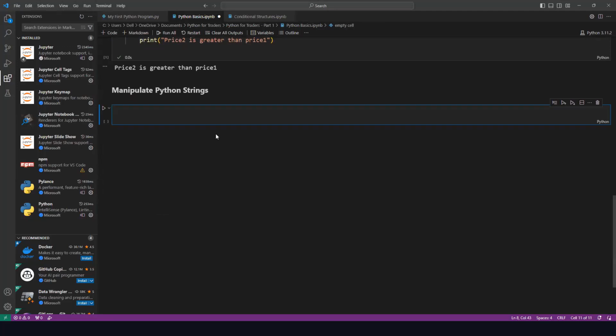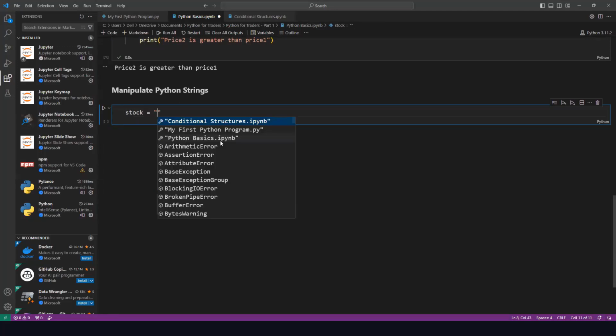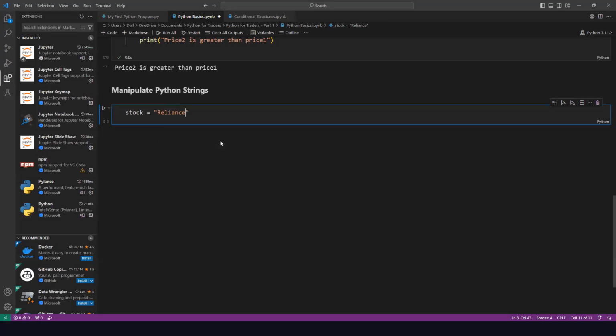I'll go and create a code. I'm going to say stock equal to Reliance Industries. Now let's say I'm going to print, listen very carefully. This is something very interesting, and this is very basic for doing string operations also. Let's say print stock of, if I say